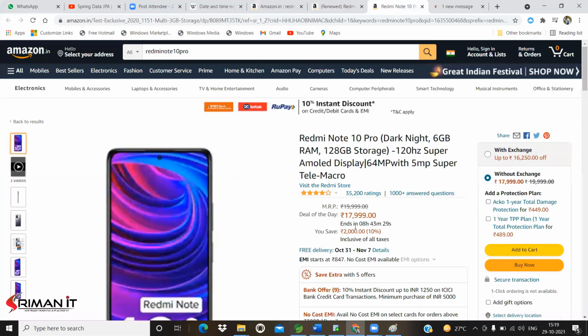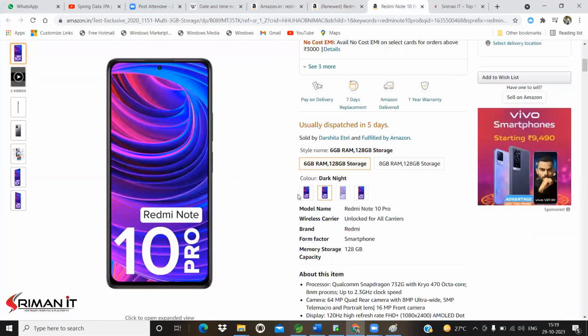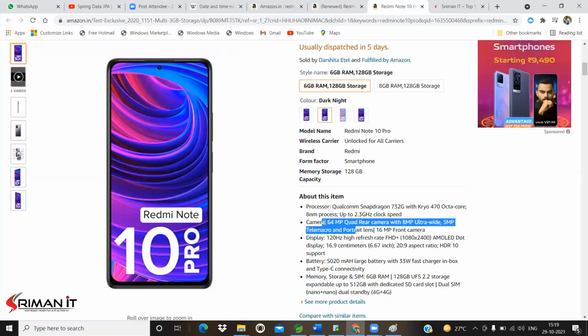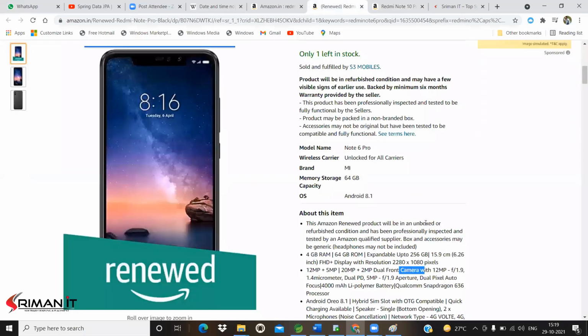So in the Redmi Note 6 it is 12, and in the Redmi Note 10 it is 64. In both scenarios, the option is camera only, the service is camera only. The service is not going to change. Only the number of megapixels has changed. The clarity of the camera has changed in the Redmi Note 10 Pro.